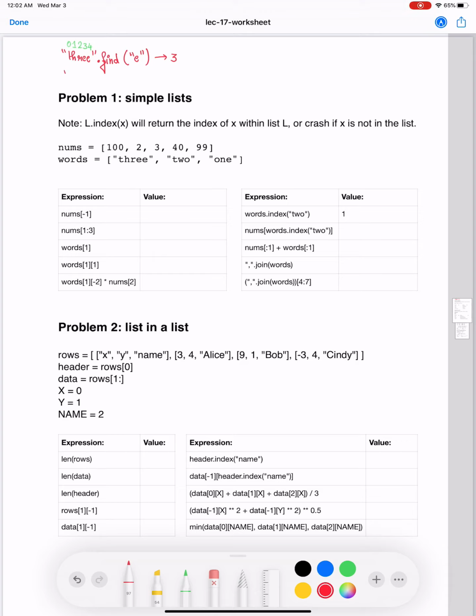What will be the return value if I were to invoke find method call on the same string by passing string "c" as argument? Please pause the lecture video here and write a comment answering this question. If you were thinking the return value would be -1, then you had the correct answer to my question. Find method call returns a value of -1 whenever it cannot find a match. The character c is not part of the string "three", hence the return value is -1.